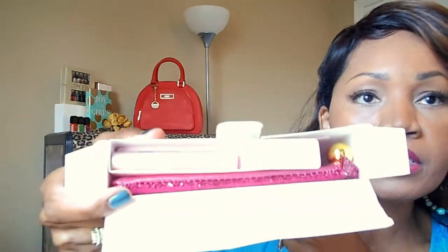Okay, so when you first open it, it looks like the eyeshadow is up here. Here's your bag and then your box of makeup. Here's the Better Than Sex mascara. So this isn't a full-size mascara. This is a deluxe size. Well, full size would have been nicer, but